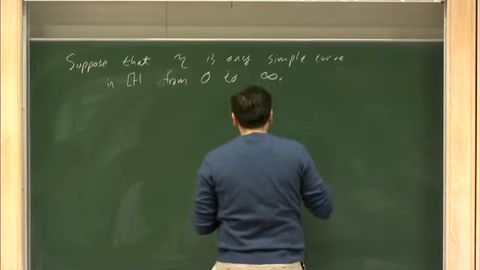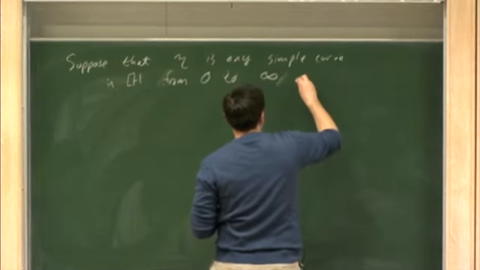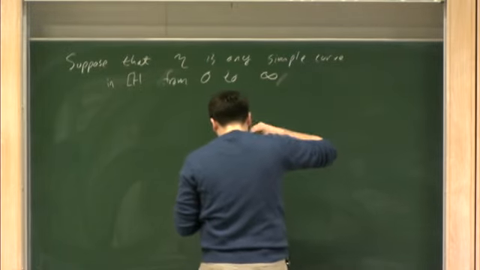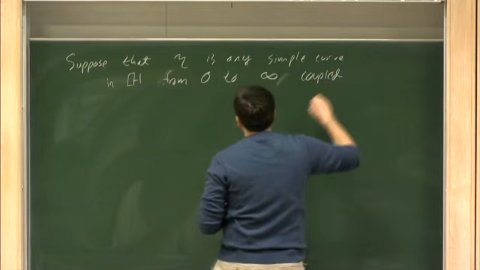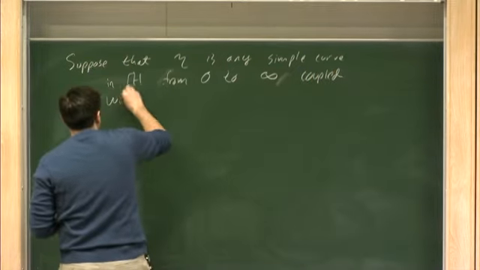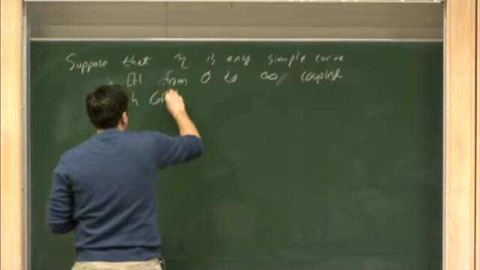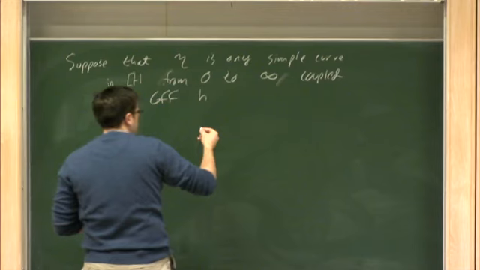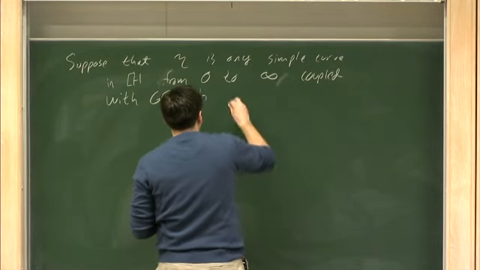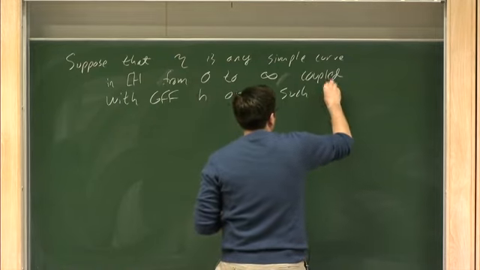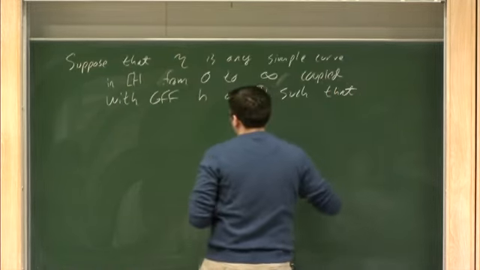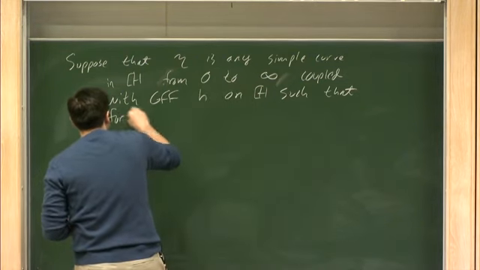And I'm going to assume that this path is coupled with a Gaussian free field H on the upper half plane, such that for any η stopping time τ,